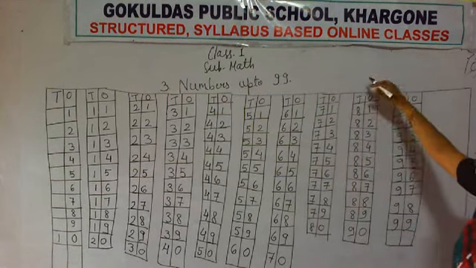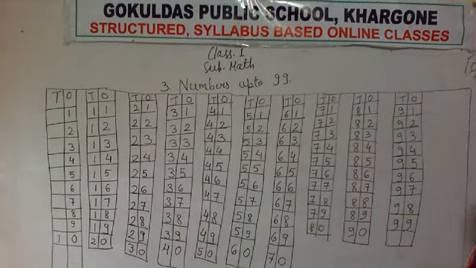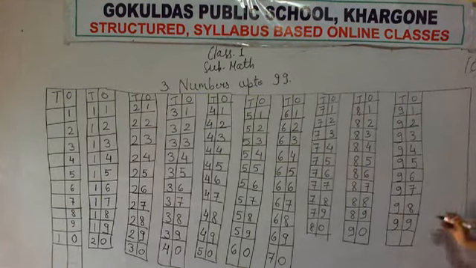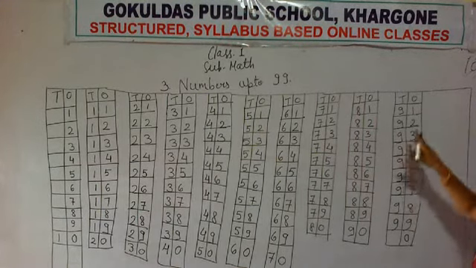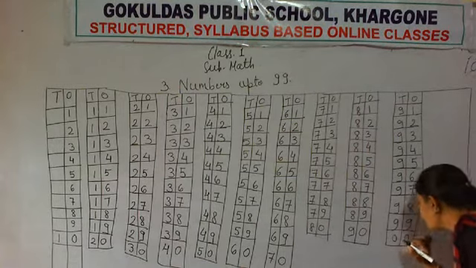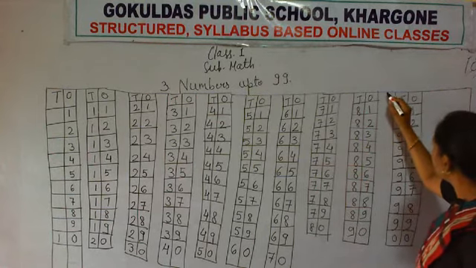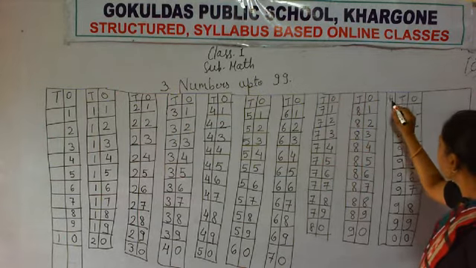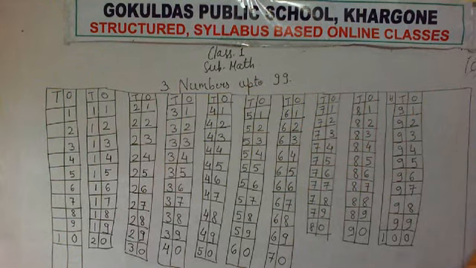That's why we have written only T and O, tens and ones. But this 100 has 3 digits. So what do we write? We increase one more column for writing 100. So 0 will come in the place of ones, another 0 we also place in the tens place. Now right here we make one more column for hundreds. So here we write 1. It will become 1, 0, 0, 100.